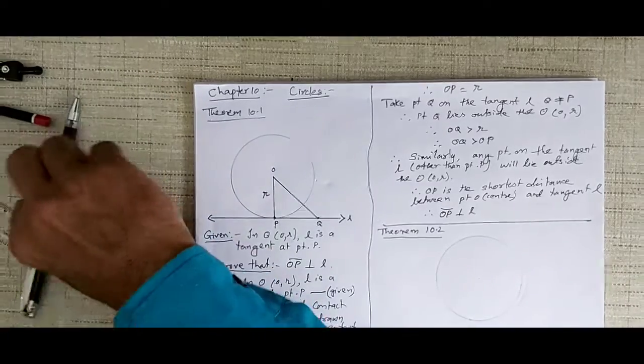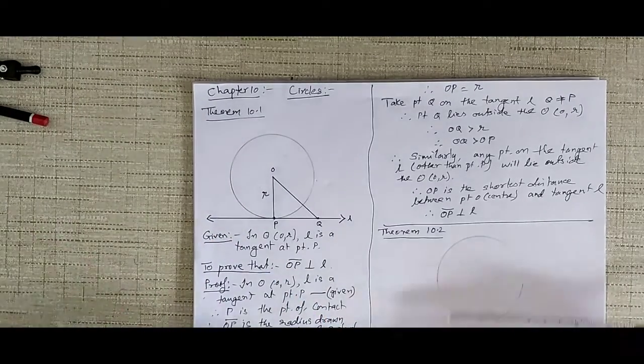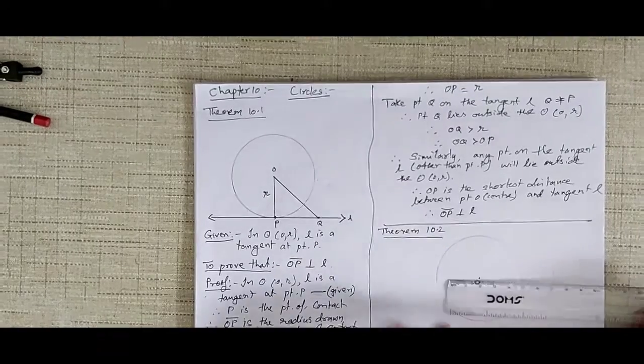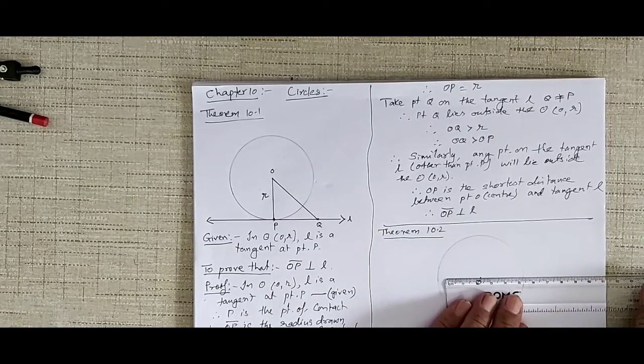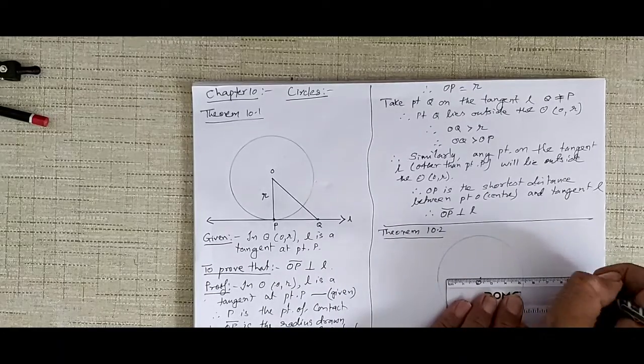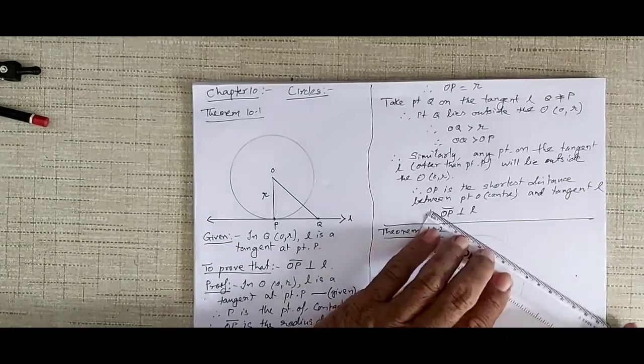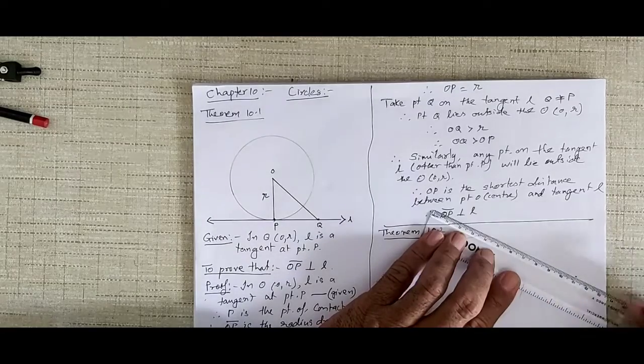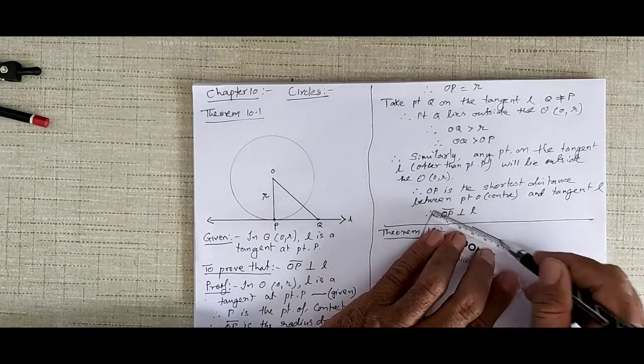Again, try to use a rounder whenever you are supposed to make a circle. So this is your point O, center of the circle. Alright, let us suppose that I have got a point here, and from here I am drawing two tangents to the circle, two tangents to the circle from this point.